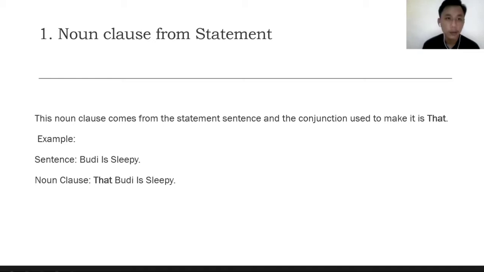Next, the first noun clause from statement. This noun clause comes from the statement sentence, and the conjunction used to make it is "that." Example sentence: Woody is sleepy. Noun clause: that Woody is sleepy. And next,